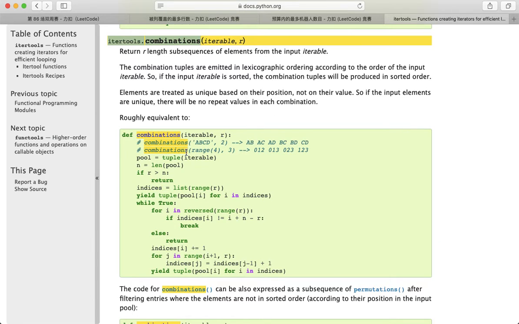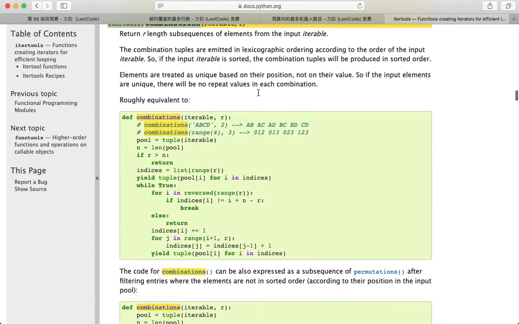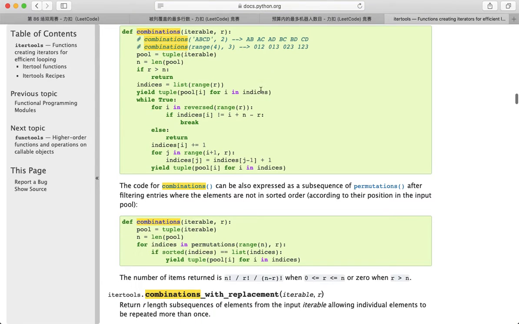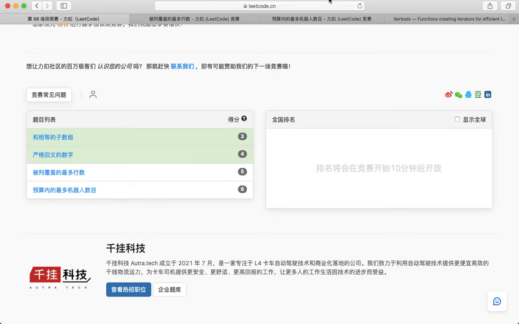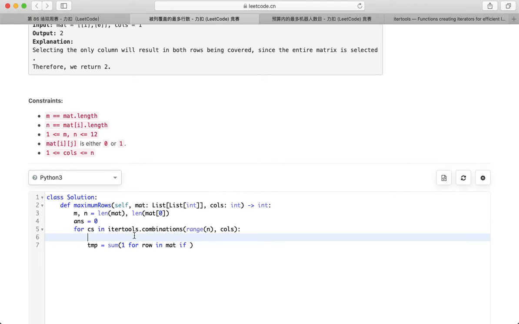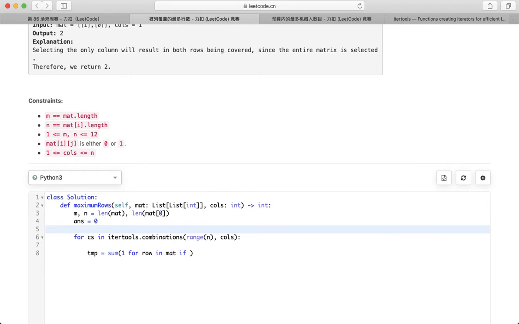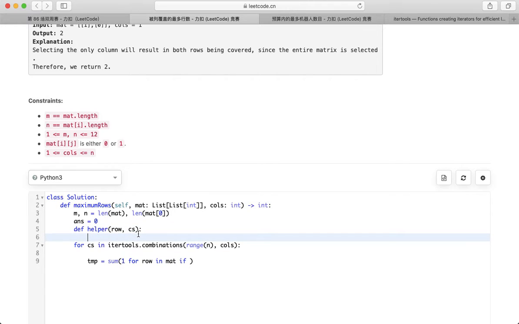So does it return a what? A tuple. So it doesn't mutate when I read it. Easier to write it this way. So for a row in a column set,